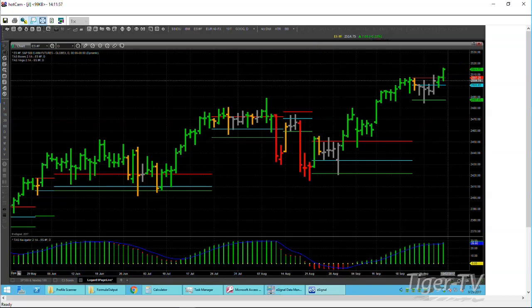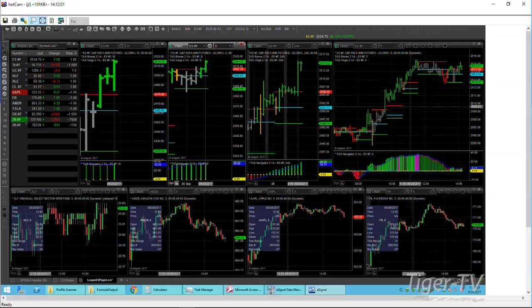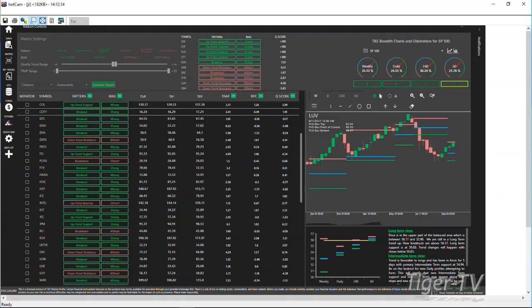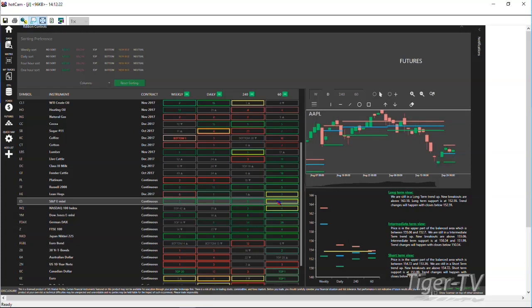In fact, I'm going to show a product really quick. If I can pull it up here. Actually, we can do it in the scanner. Let me just show that. So if we go into the scanner and look at the landscape view of the S&Ps, I'm going to go right down to the ES here. I want to